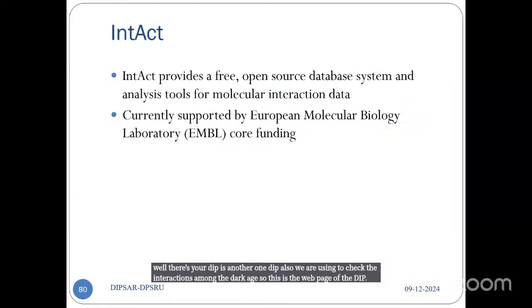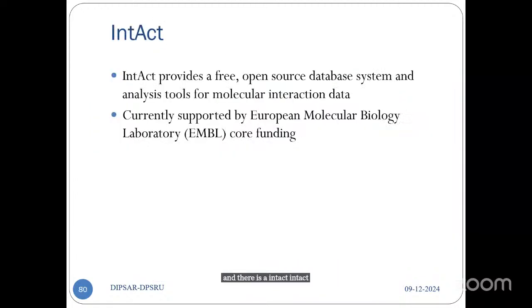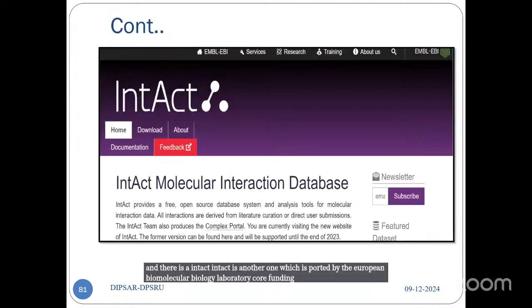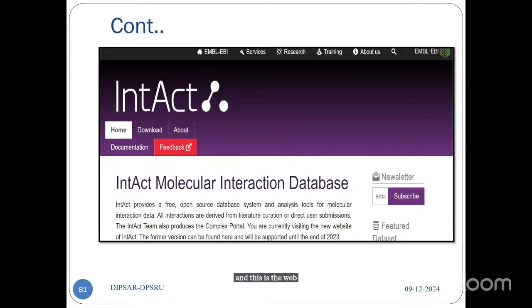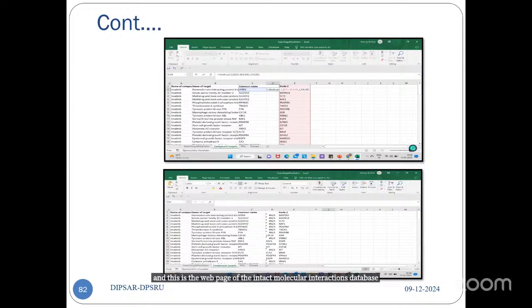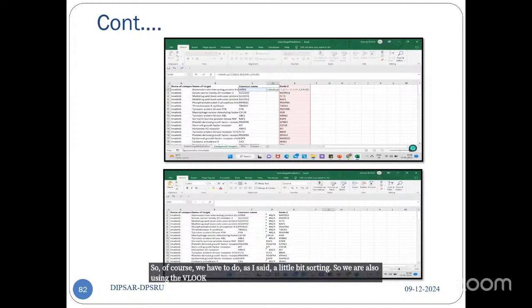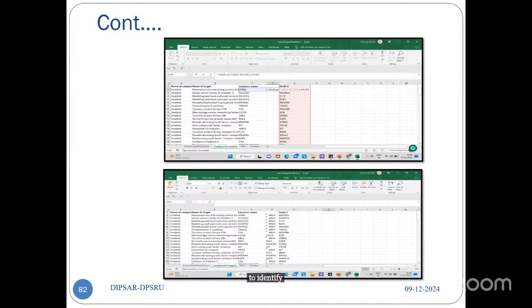And there is IntAct. IntAct is another one, which is supported by the European Molecular Biology Laboratory core funding. And this is the web page of the IntAct Molecular Interactions database. So, of course, as I said, we have to do a little bit of sorting. Earlier we were also using the VLOOKUP formulas in Excel to identify the common targets and important targets,